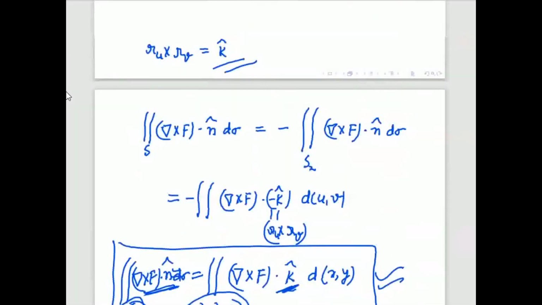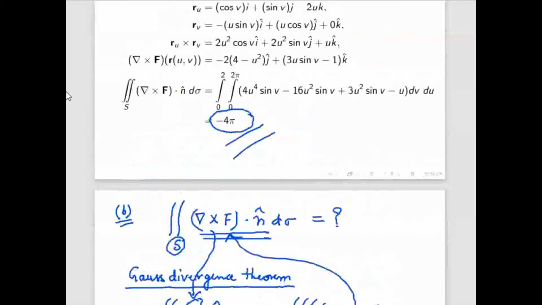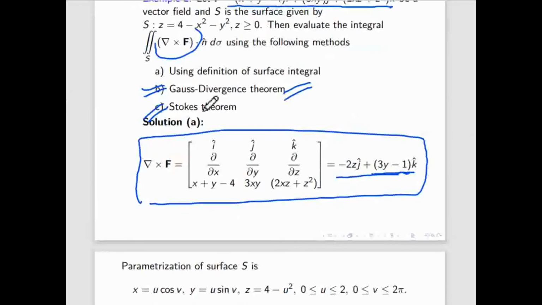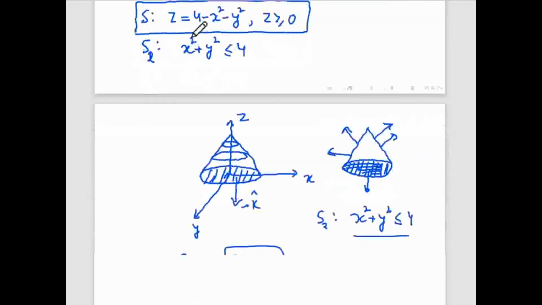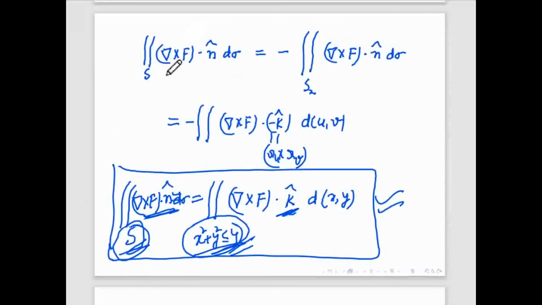Next class we will do the last problem, and some more problems based on this Stokes theorem. That is the third part, where we will use the Stokes theorem to find this. So whenever you see a surface integral of the form del cross f, either you can use this Gauss divergence technique, or you can use the line integral. And if you cannot use both, then you have to go to the traditional method: parameterize, and compute r_u cross r_v.